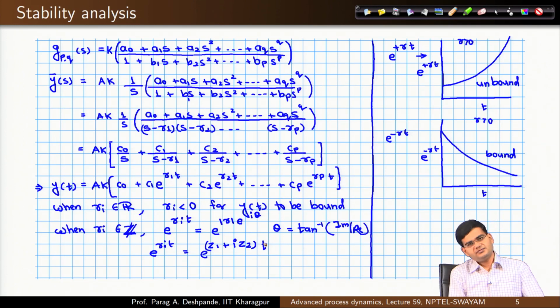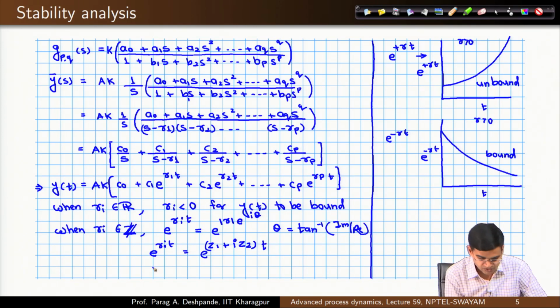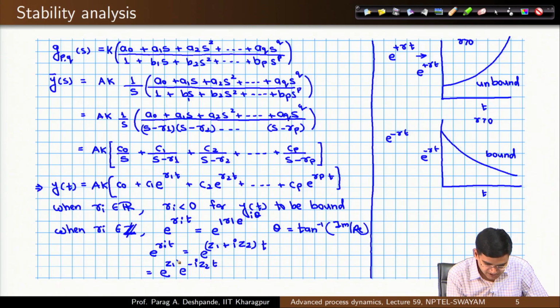In this case, I do not need to even convert it to the r theta form. I simply convert it to r is equal to z 1 plus I times z 2. So, this is what: e to the power z 1 t times e to the power I z 2 t. And now, it is very clear that this